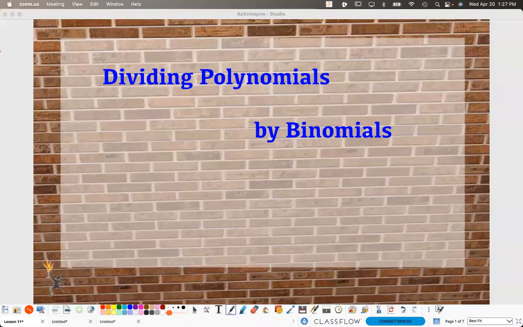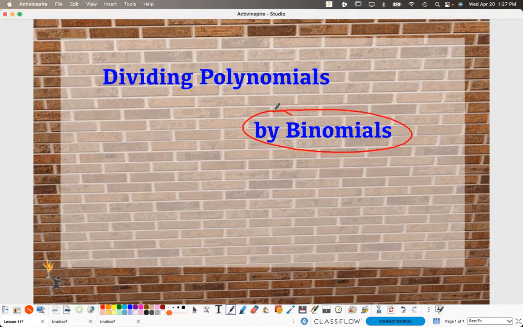All right. So this lesson is dividing polynomials by a binomial. It kind of sounds a little scary. Because to be fair, last lesson, you've already done one of these. When we were at the very beginning, and I toyed with giving you a warm-up on this, but we did division by a monomial